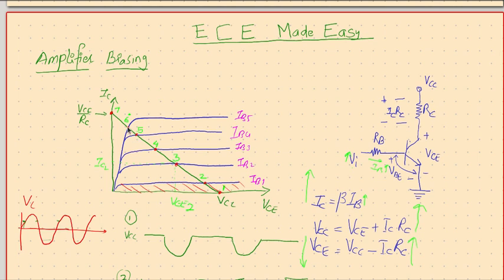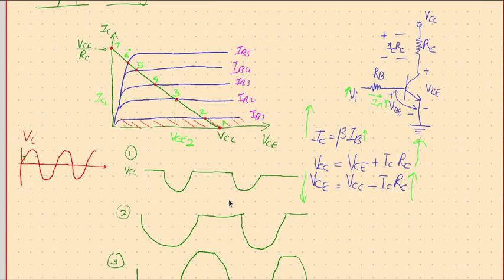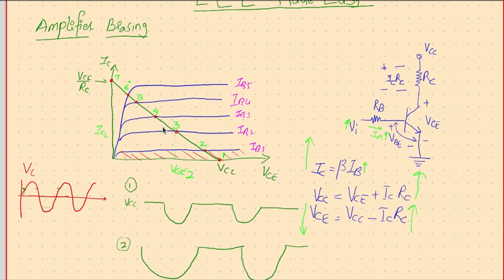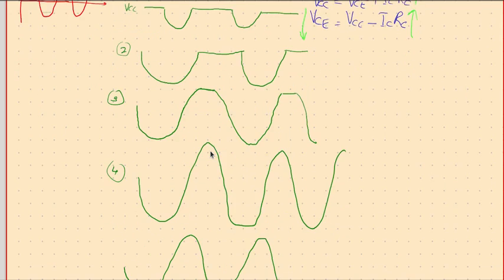At 5, part of the positive cycle is amplified, and the full negative cycle can be amplified. At 6, only negative cycles are amplified, no positive part is amplified. At 7, nothing is amplified, it is just a constant. Output voltage is 0, and output current is maximum. So this value is the saturation condition. This is our cutoff condition. So this is the idea behind what the operating point is, and how the position of the operating point is going to affect the output of the amplifier.